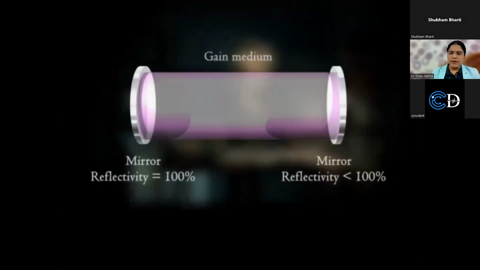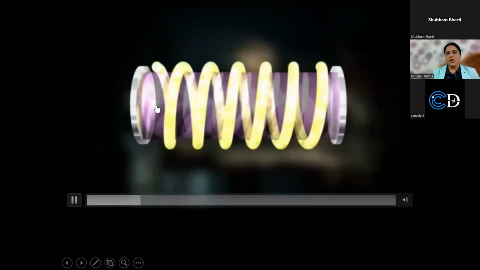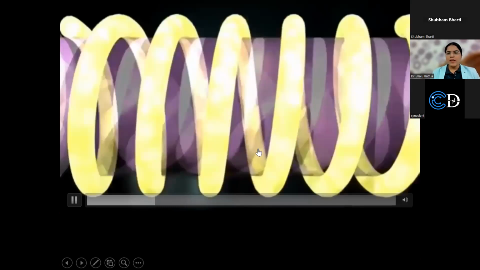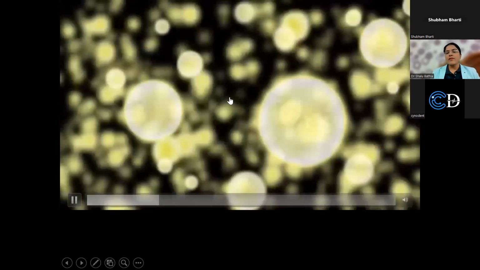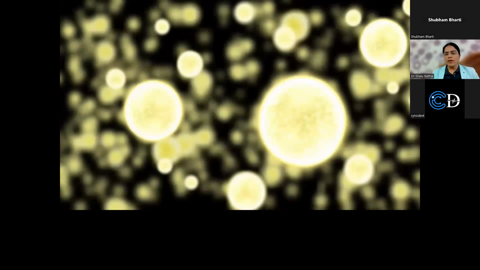Never mind. So, this is an optical cavity. In the optical cavity, on one side there is one mirror, which is totally reflective, and there is another mirror, which is partially reflective in nature. Inside this optical cavity, there is an active medium, and according to this active medium, the laser is defined as a solid, liquid, or gaseous laser.